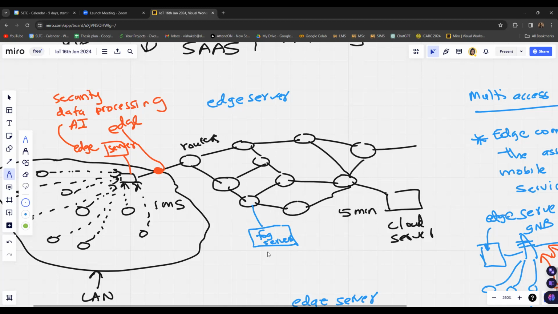In situations where the edge server cannot do the processing alone, the fog server can assist in doing a part of the data processing in a fast manner, and provide the feedback back to the edge network.